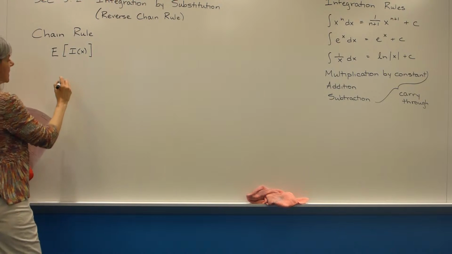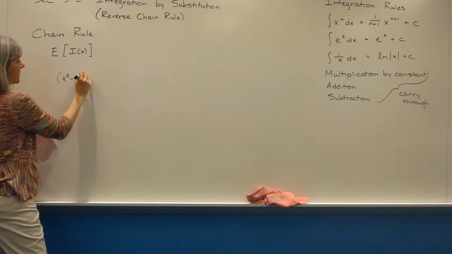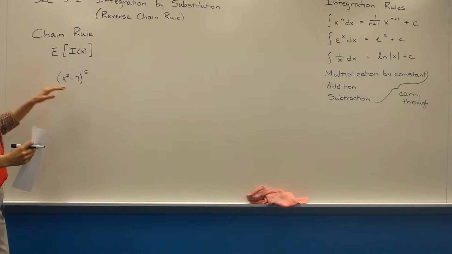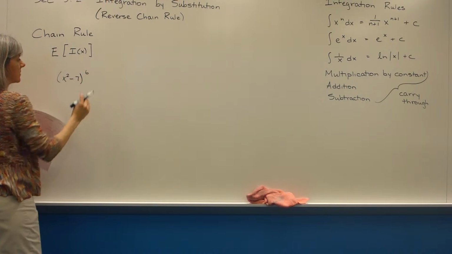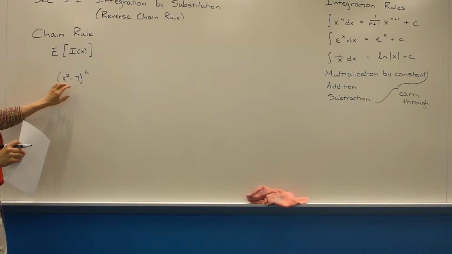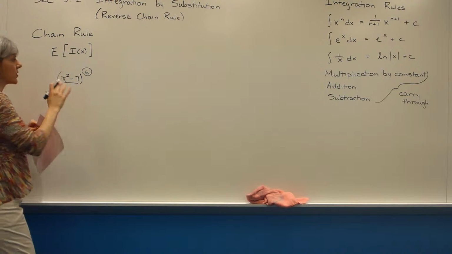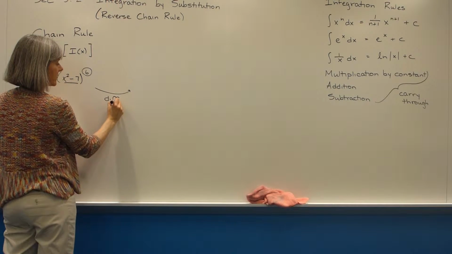So what would be a good example? How about x squared minus 7 to the 5th? Let me change that to the 6th. Okay, so I have an inside function and an outside function. And so when we do the derivative, when we differentiate,